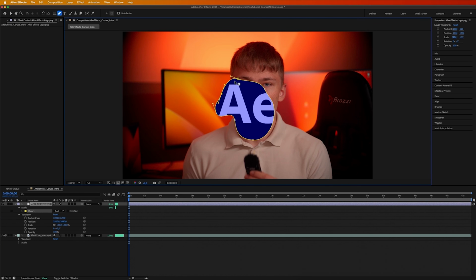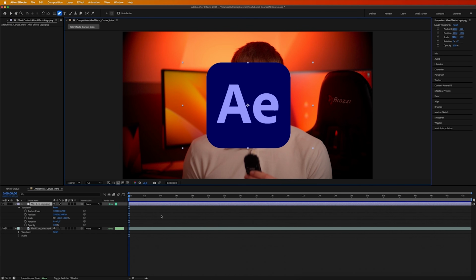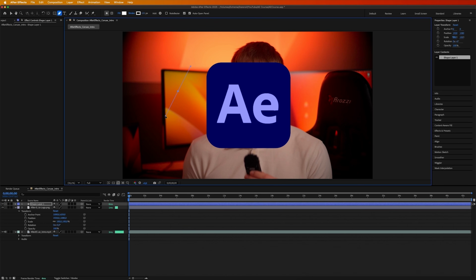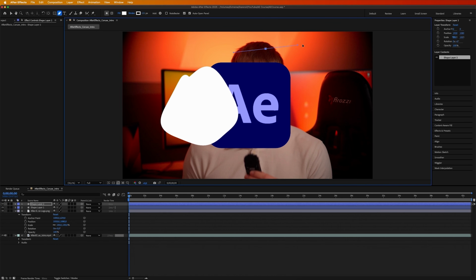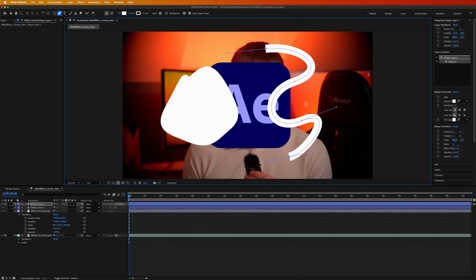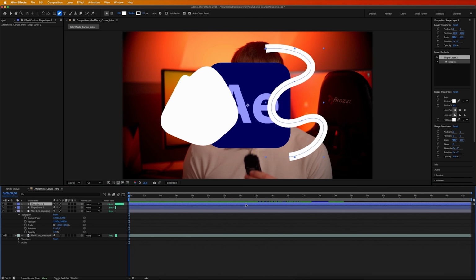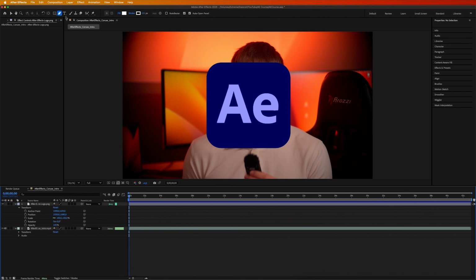You also have these controls over the dots, so if you select this dot, for example, you can move it around. And also you have these levers which you can pull and manipulate the shape. I will undo the mask now and deselect every layer. And if you see, if we start creating a shape with it, it does the same thing. So this way you can create any type of shape that you want to and just create it to your liking. I will delete both of these shape layers now, and let's move on to the next tool, which is